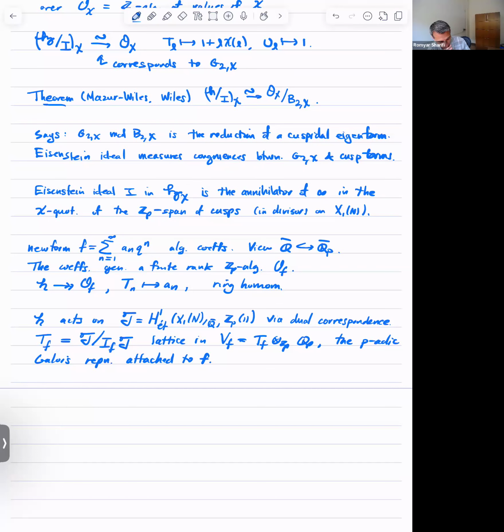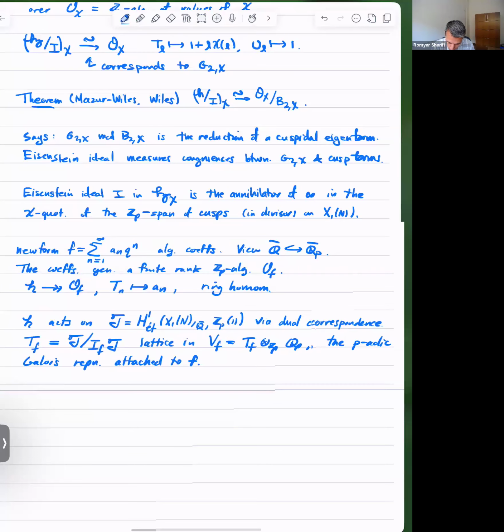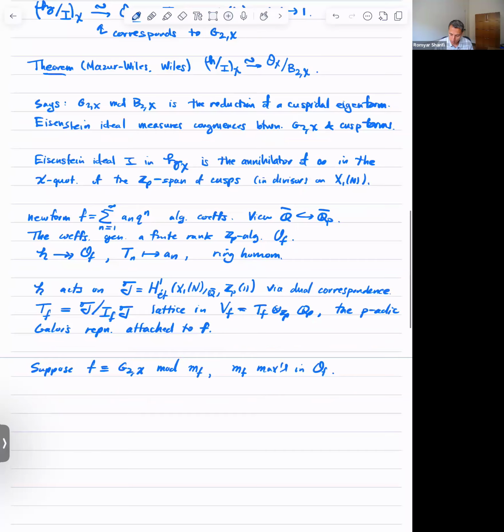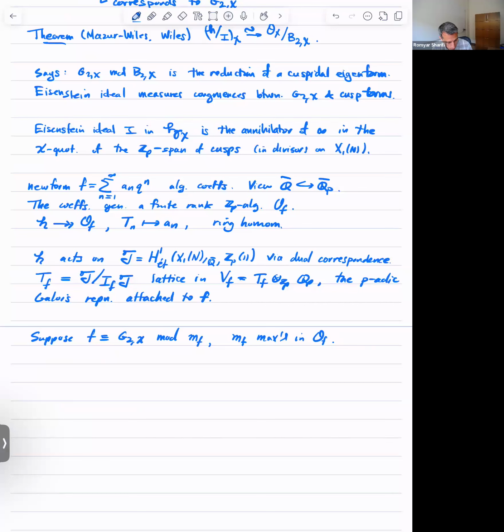Now suppose that my F was congruent to this Eisenstein series. So suppose that F is congruent to G_2 chi mod, say, the maximal ideal in O_F, which is a prime over P. In other words, you can think of this as basically saying they're congruent mod a prime dividing the Bernoulli number in this case. Okay, then